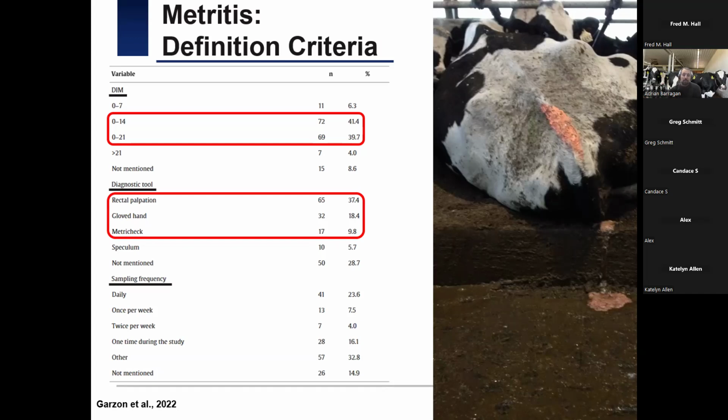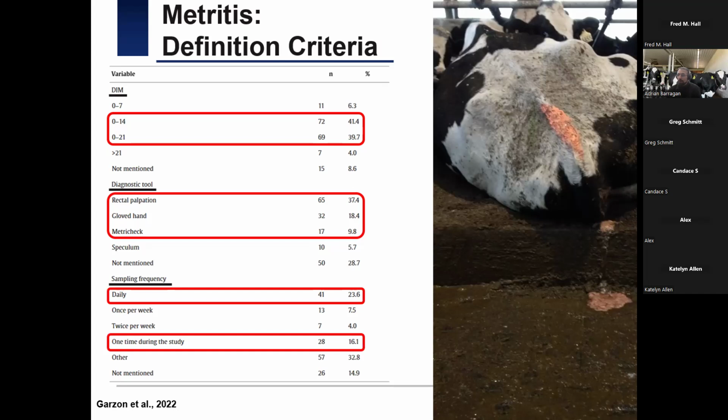And these actually are some of the most common practices done in the farm, right? So if you look at the different diagnostic tools utilized in farm, they're actually some of the most popular as well. And when it comes to sampling frequency, this was daily or one time during the study, right? And that's usually between the seven plus minus 3 days in milk is a really common time to sample the cows. I gotta mention that this has studies from like 15 years ago,